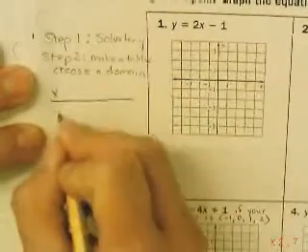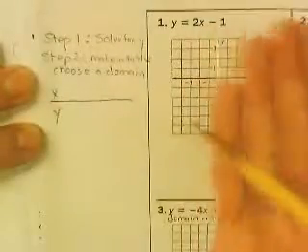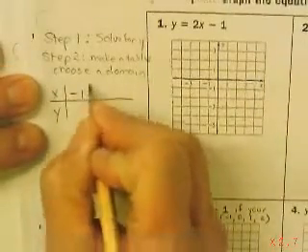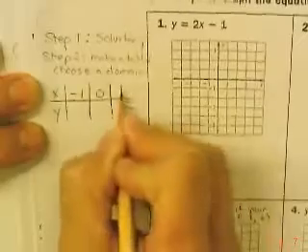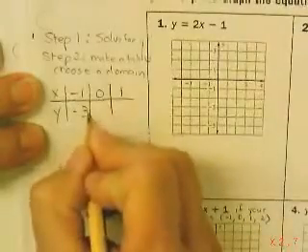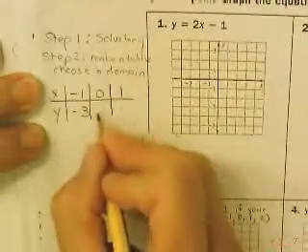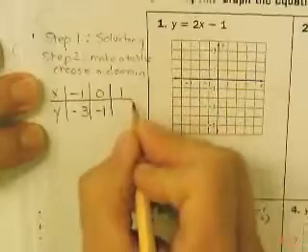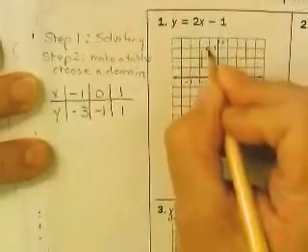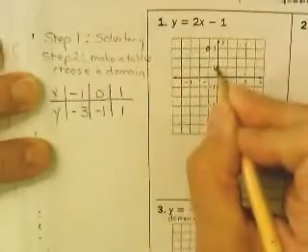I'm choosing a domain because I'm not given one. So I'm going to choose -1, 0, 1. If I plug in -1, I get -2 minus 1 is -3. 0 minus 1 is -1, and 2 minus 1 is 1. Now I'm going to graph -1, -3,